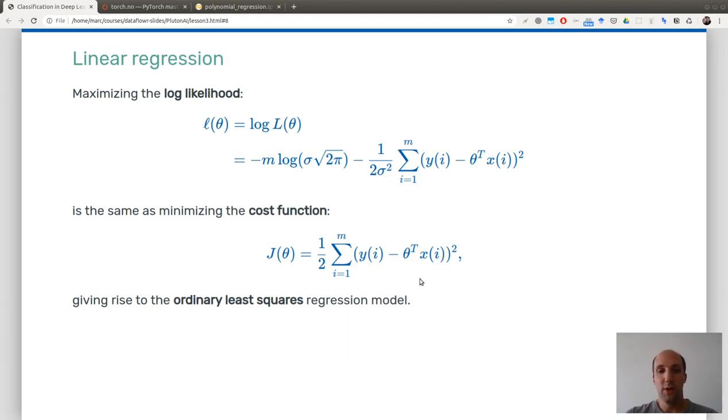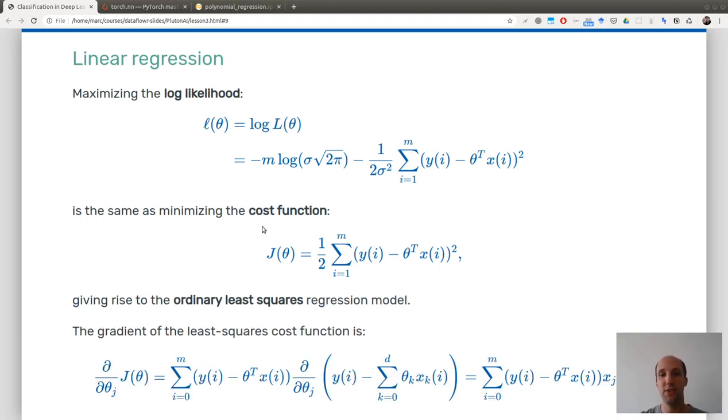So this is what is called the ordinary least square regression model. In order to solve this, what we did last time is we computed the gradient of this cost function with respect to the parameter, which here are the theta. I want to minimize this as a function of theta. So if you want to do the math, the full formula is written here. So here is my gradient, the derivative of my cost function with respect to the parameter theta g, which is the g-th component of theta.